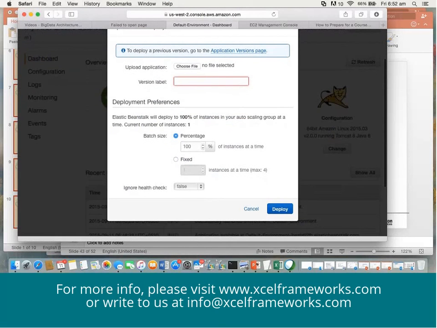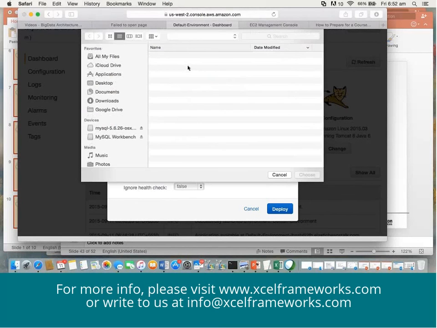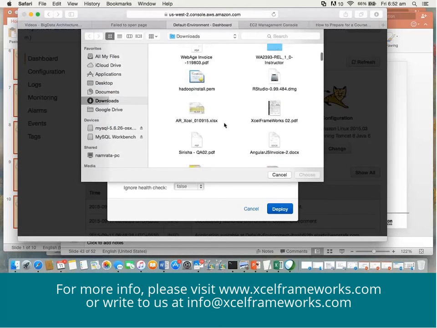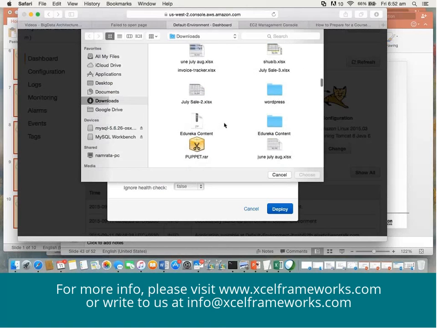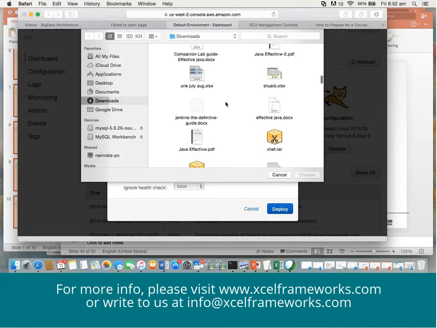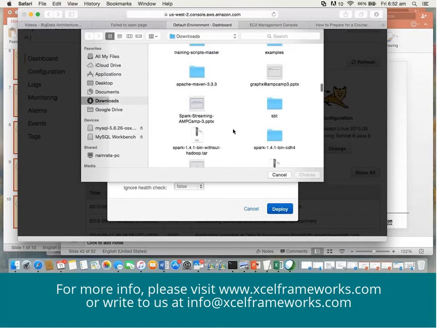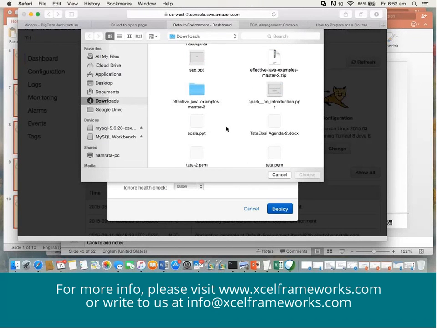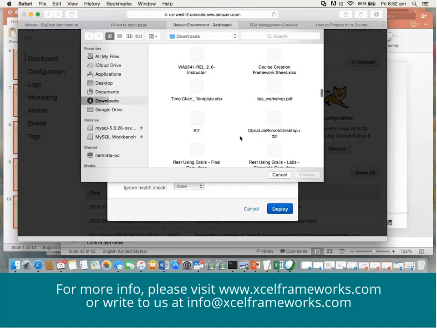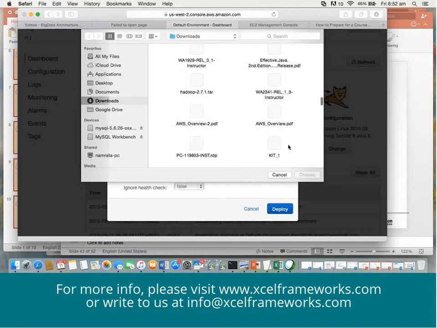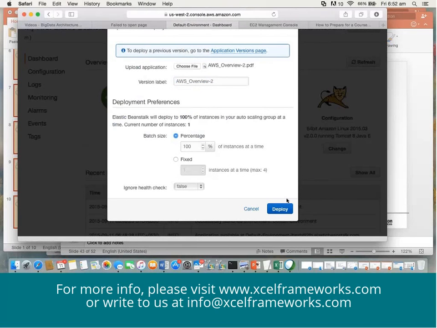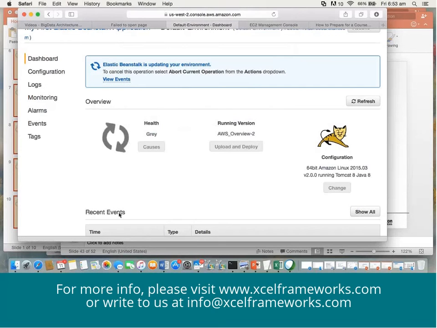See? Choose the file that you want to deploy. If you have some, you can select those files to be deployed. As of now, I don't have any valid Java deployable code, but let me select something from here. For example, I'm selecting any file. It will not deploy because it's not a valid web application. Okay, just click on deploy and it is trying to deploy.